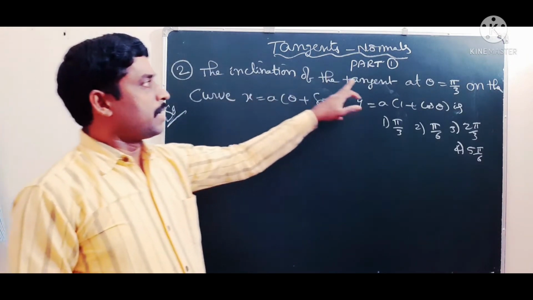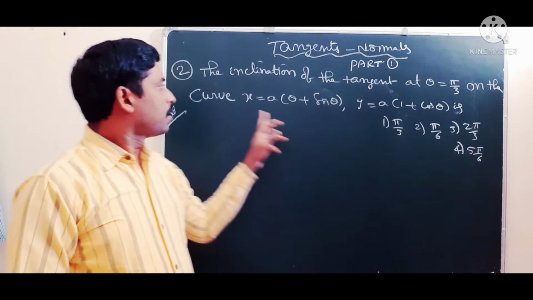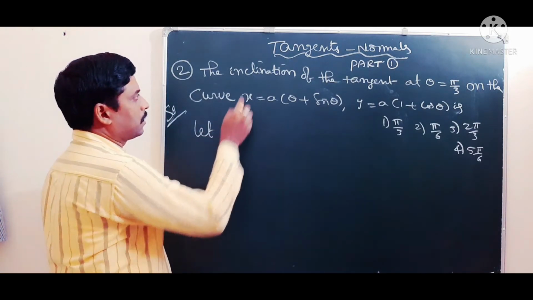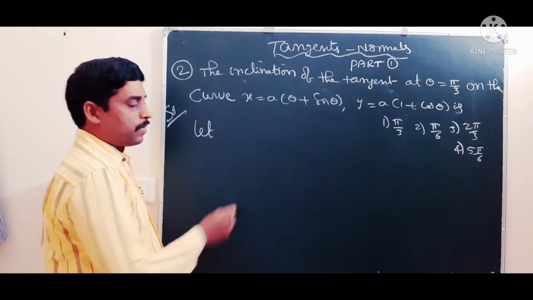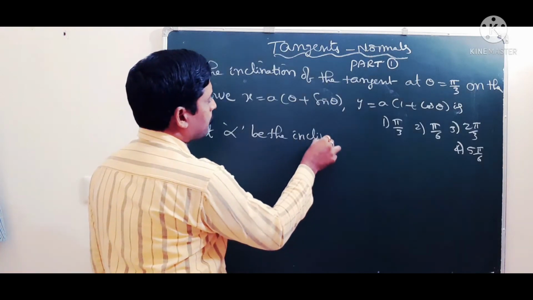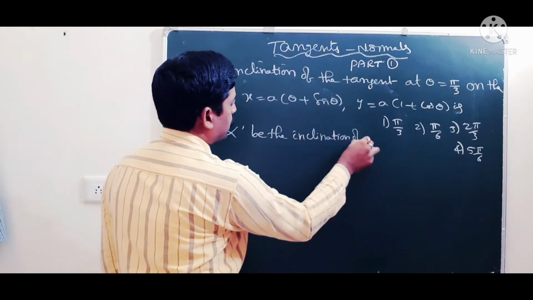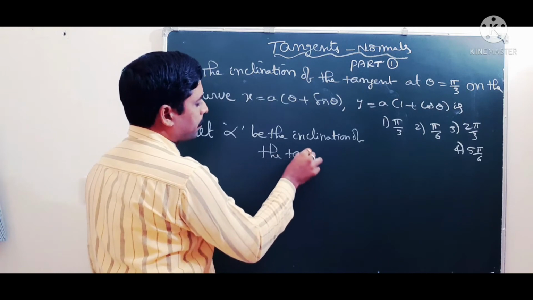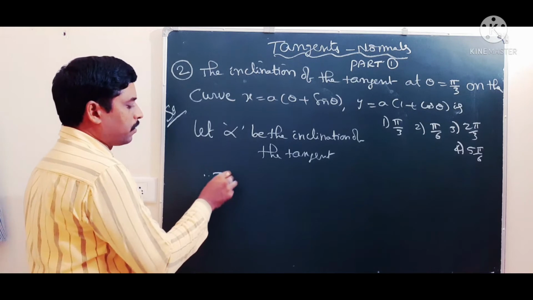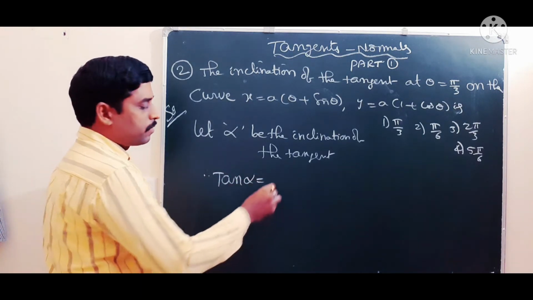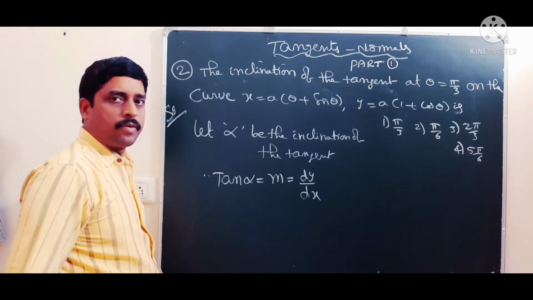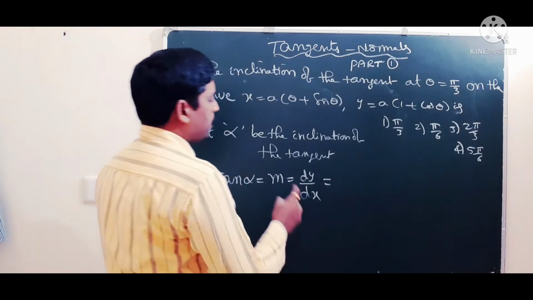The inclination of the tangent at theta equal to pi by 3 on the curve. Okay, let us take alpha as the inclination of the tangent. First we have to find tan alpha. So tan alpha equal to m. So m is equal to dy by dx, the slope of the tangent, where m is equal to dy by